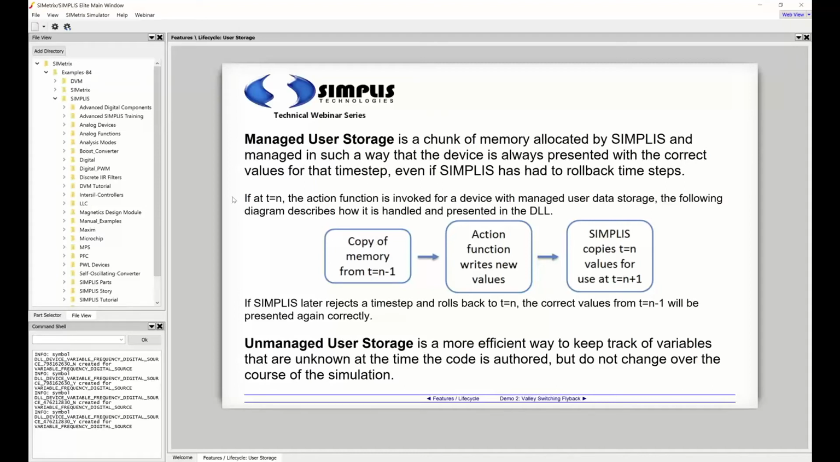So at t equals n, SIMPLIS has a copy of the memory from the previous time step, so t equals n minus 1, and it provides a copy of that to the action function. Now, your action function writes to that memory just like it would write to any other variable. Again, we're managing copies behind the scenes. So you've taken a new sample, so you're going to shuffle the samples so that the last 4 samples are representative of the actual last 4 samples here,